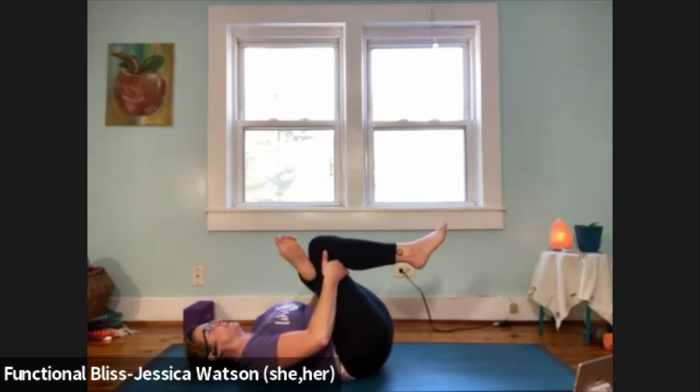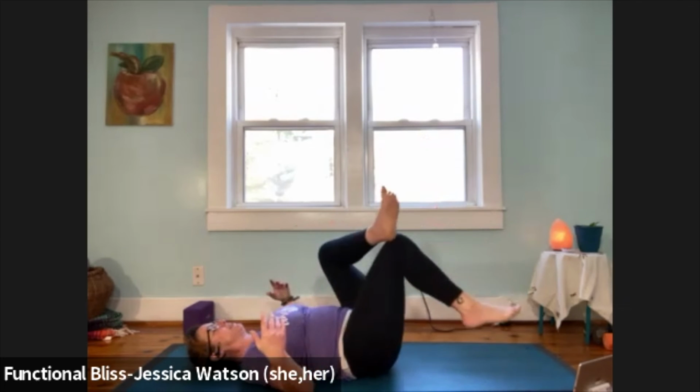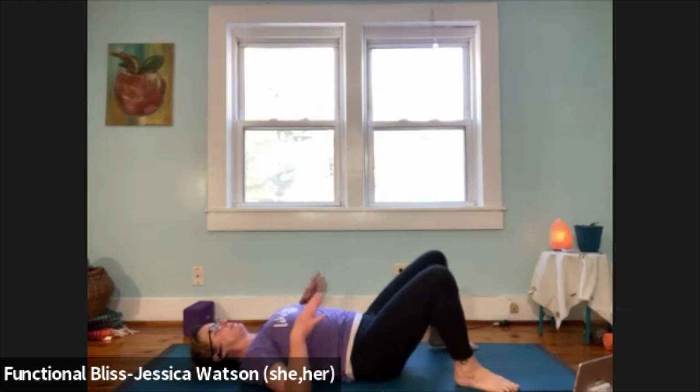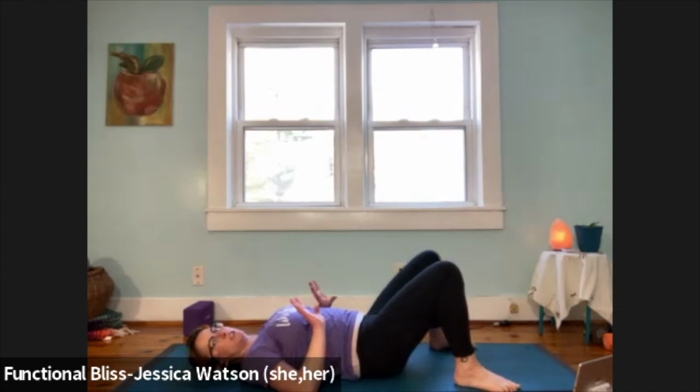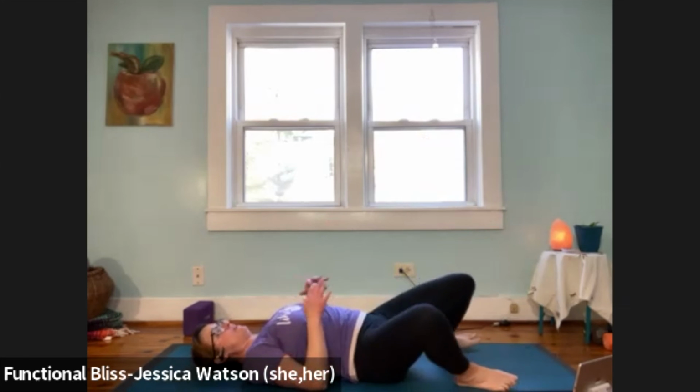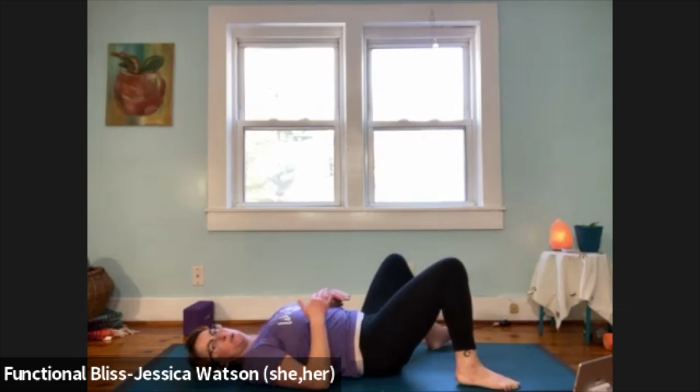Beautiful. And then when you're ready, release, unwind your legs, step them out wide again, come back to that wide position. And then just a few gentle windshield wipers just to kind of soothe all that out. But then check in here. We're going to start to get ourselves set up for our Shavasana, but we're going to get cozy and then